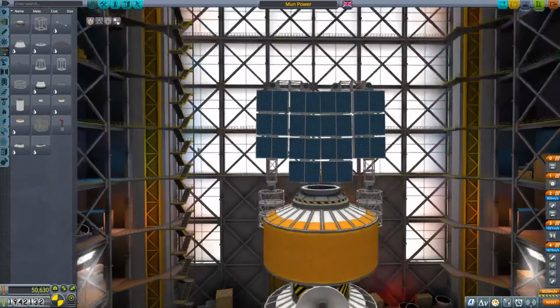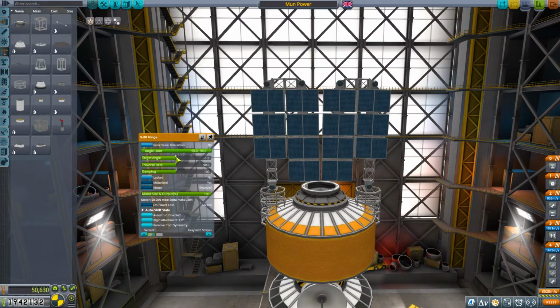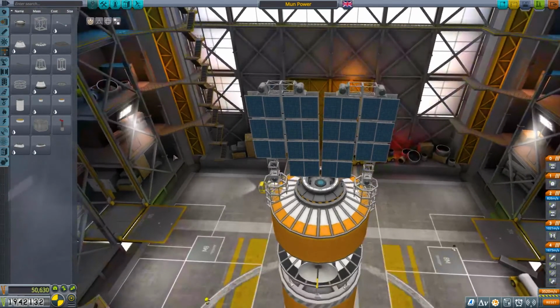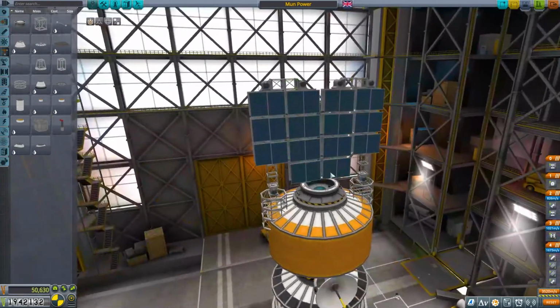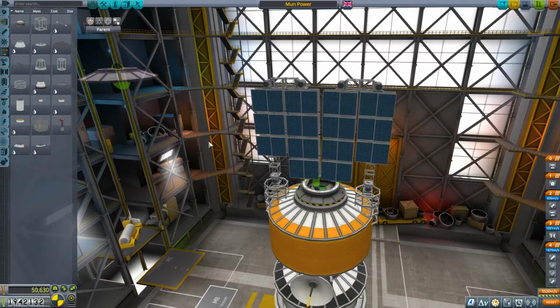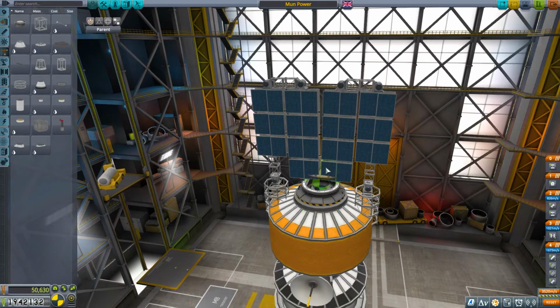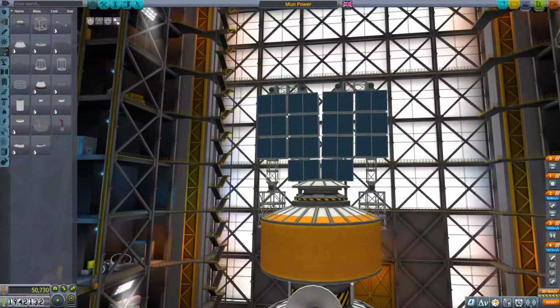Right. We'll fix that. Oh, it's because it's off there, isn't it? Right, so what we will do is, now to hold these on launch, I could actually put something on here and then decouple it. That's not a bad idea. That is not a bad idea. Yeah, we'll put that on there. Then we can actually...